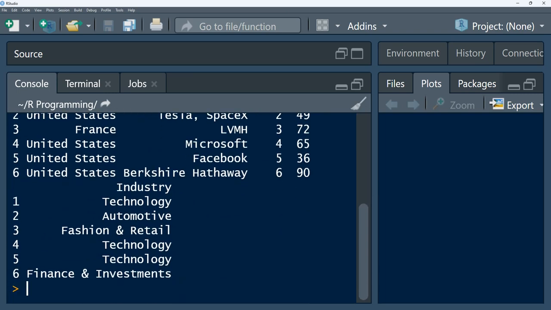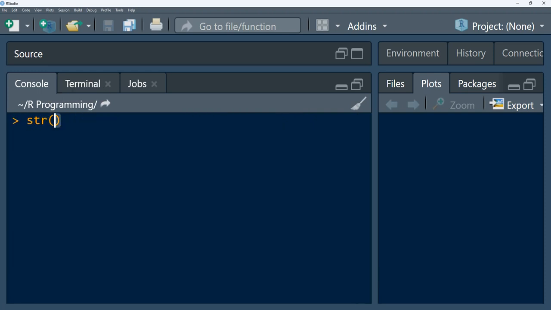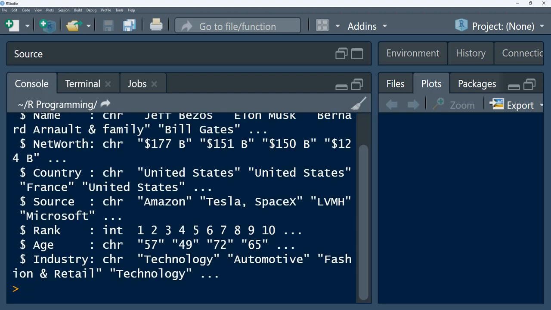So if we proceed, let us first look here if we are going to have an issue of the missing values. So if we come in here, we see we do not have that issue of the missing values. Now let us look at the structure of this data set. So if we look at the structure of this data set, so if we come in here and we look at